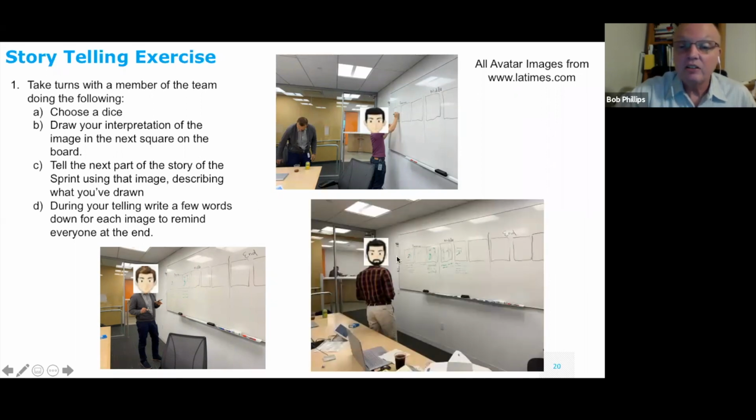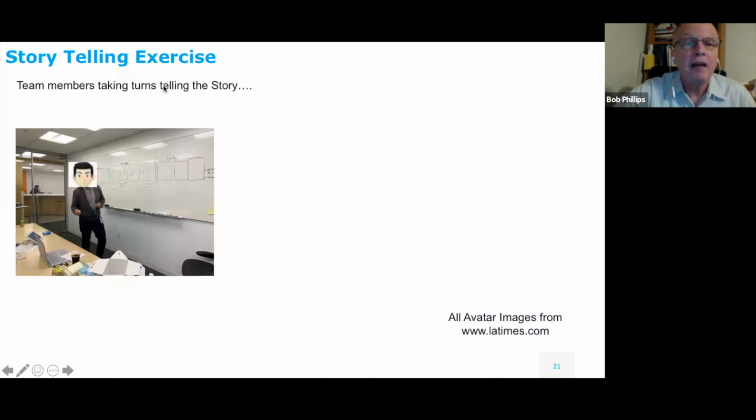And finally, as you can see here, we're starting to progress from the beginning. So now we're actually in the middle. And this accomplishes a lot of things. It gets the team moving around, and it gets them talking about what happened. And in this case, we're actually looking into the future as far as what they think is going to happen. And then basically this is just showing the team members telling the story, going around, and